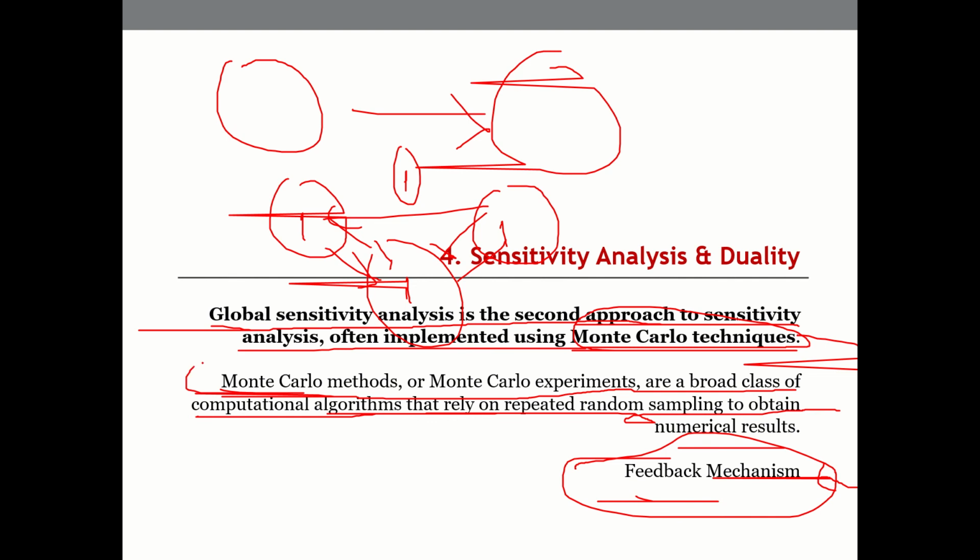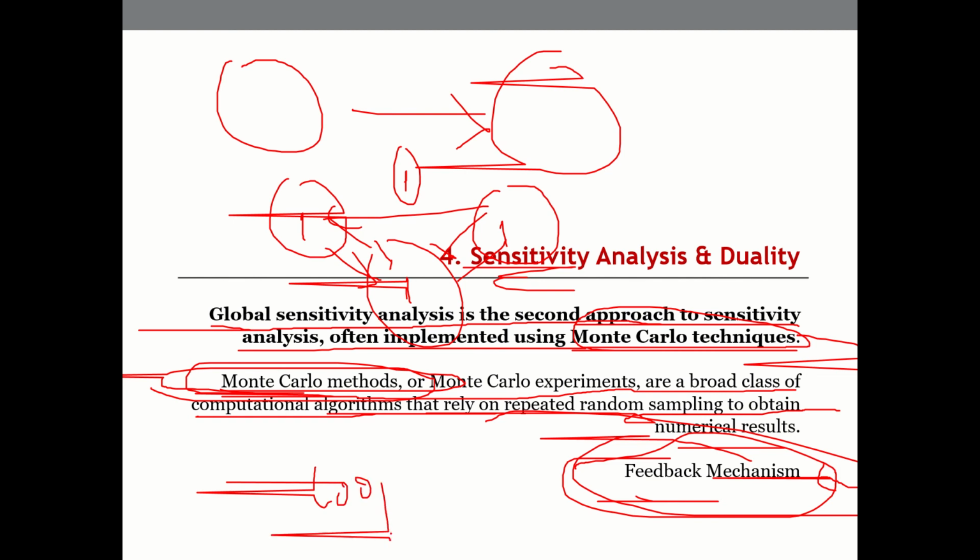This global sensitivity is also synonymous with, or this concept can be understood through, the Monte Carlo technique or method, a kind of algorithm that helps in assessing the sensitivity of the decision that we take. Sometimes this is also called a feedback or loop system. You will also come across a word called loop system. So loop, feedback, or Monte Carlo technique or method can be understood using this.